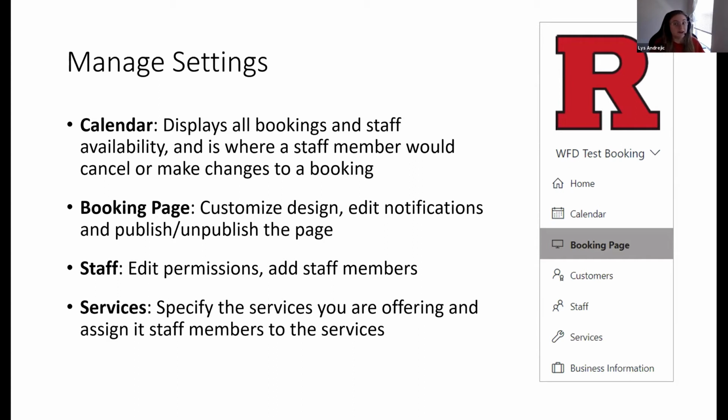So the calendar section is where a staff member would go to maybe cancel a booking with the user or reschedule it. The booking page is where you can design everything. Publish, unpublish that booking page that you saw, edit notifications, office hours, or excuse me, booking hours. People use it for office hours. The staff section is where you would add all those staff members I mentioned, give them specific permissions. There's a view only permission, an administrative permission,